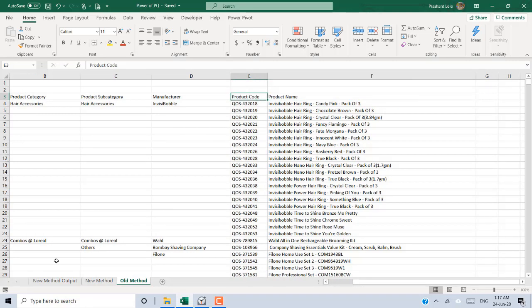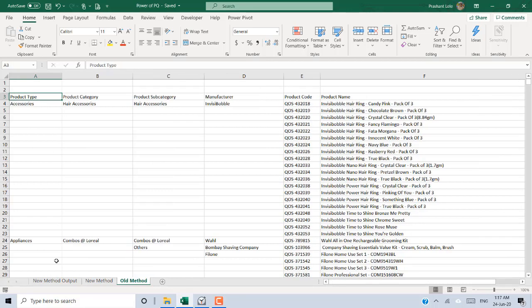Here product code and product name are unique values, but all other values are repeating, and they have sorted this data in this fashion: first product type, then product category, then inside that subcategory, then manufacturer, and then product code and product name. But we cannot use this data as it is in any of our analysis. For that we need to fill up all these blank cells.